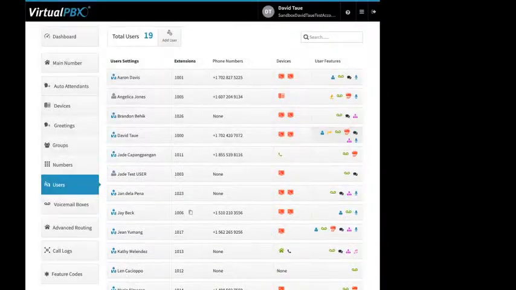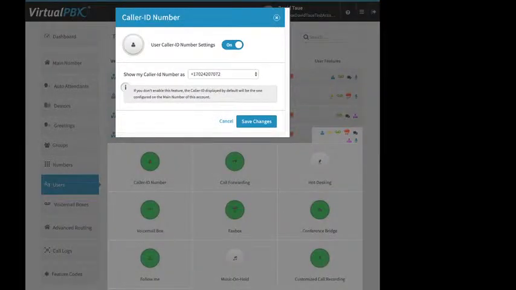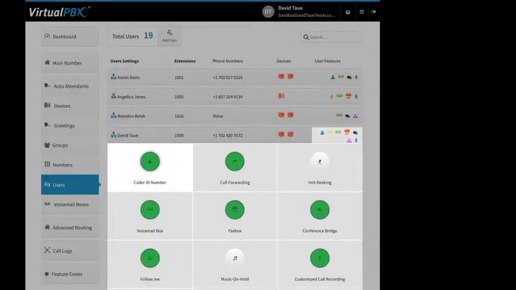All right. There are user features. First up is caller ID number. This only applies to a user that has their own phone number because they have to select that phone number. So you turn it on, select the phone number, click save changes. So now whenever this user makes an outbound call, the caller ID that shows up is their phone number, right? Instead of the main company